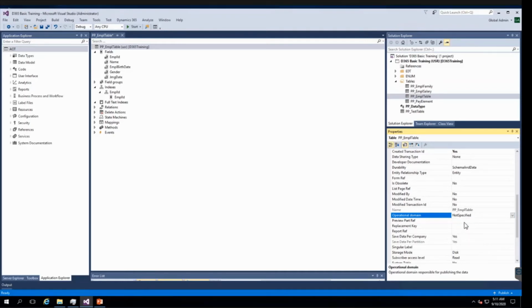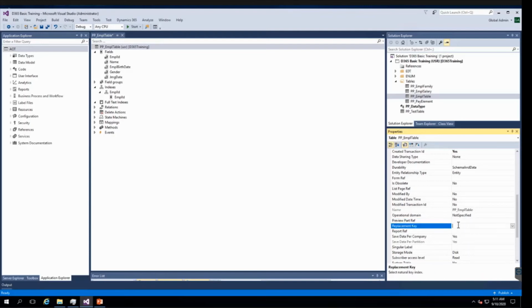Preview part reference, again, is a part of info part or form part that is used in the enhanced preview. Actually, I will give you a brief idea. Info parts are the collection of data fields from a specified query. We are going to see this later when we see forms, menu items, and menus. And form part represents a pointer to a form. So we will use both the info part and form part. This preview part reference property will be helpful when we see that section.